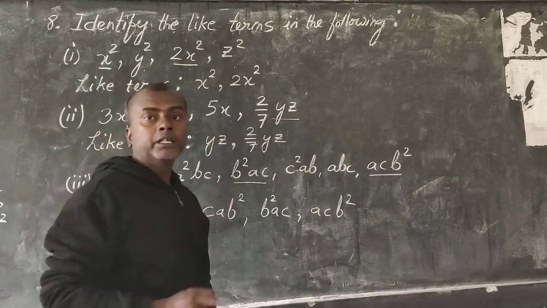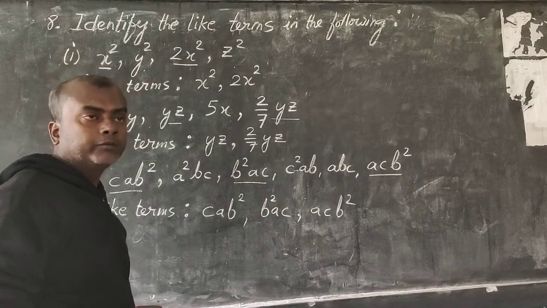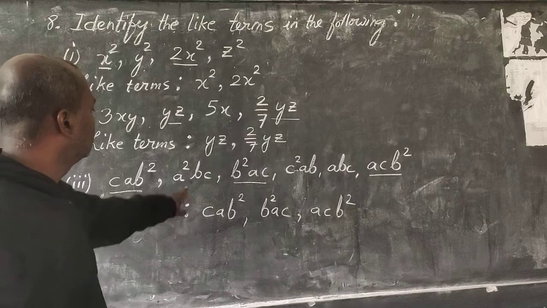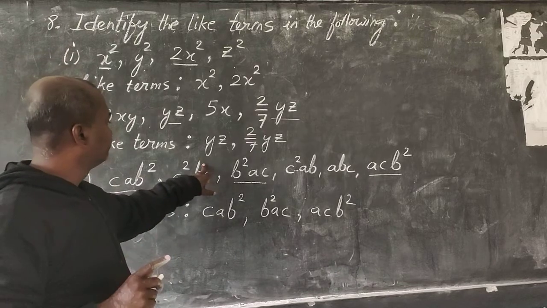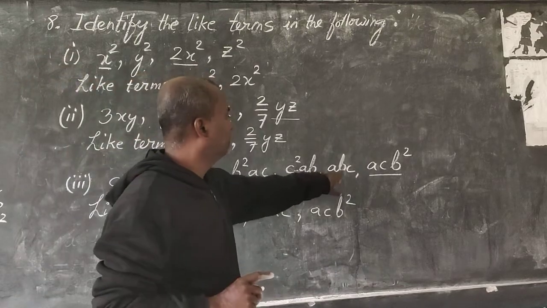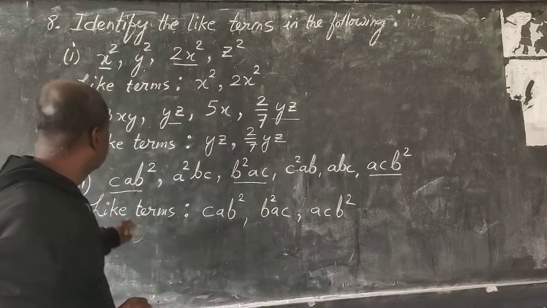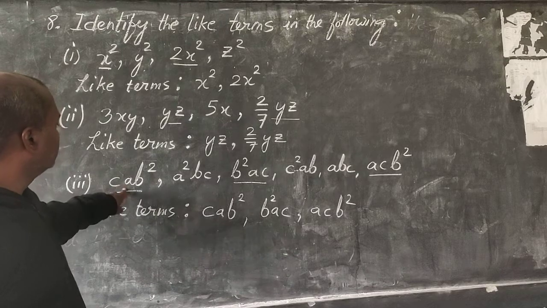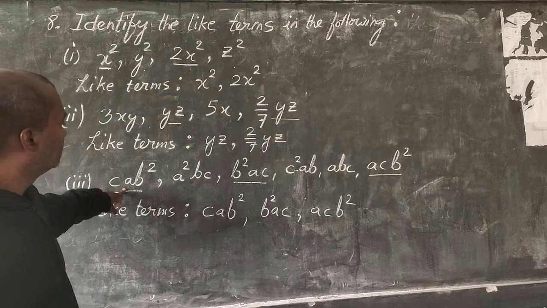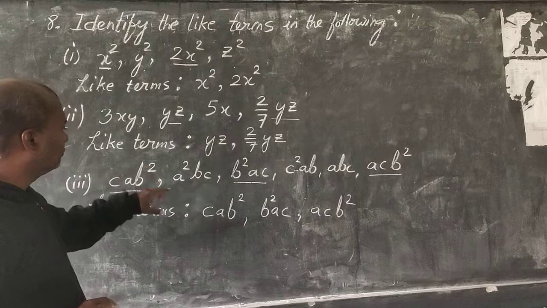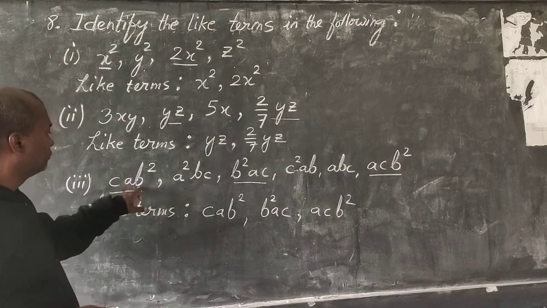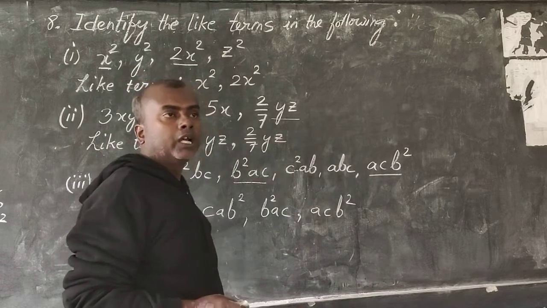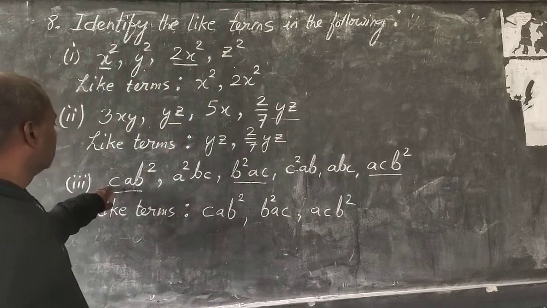Okay? The number of times or the power of the variables also should be same. Here the power of B is 2, but here the power of B is nothing, it's 1. Here power of B is 1, here power of B is 1. Here C is given 1 time, A is given 1 time. That doesn't matter. But power of B doesn't match with all of them. Here 2 times, here only 1 time. Here 2 times, here 1 time. So we have to see all the factors.